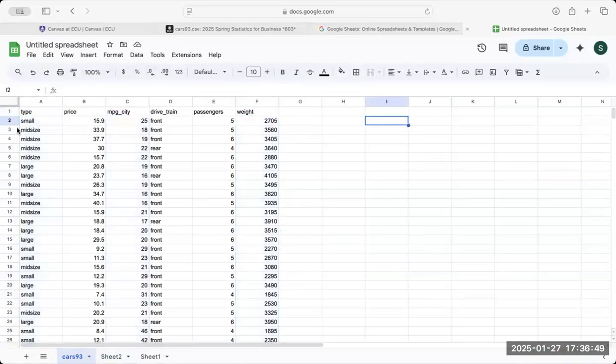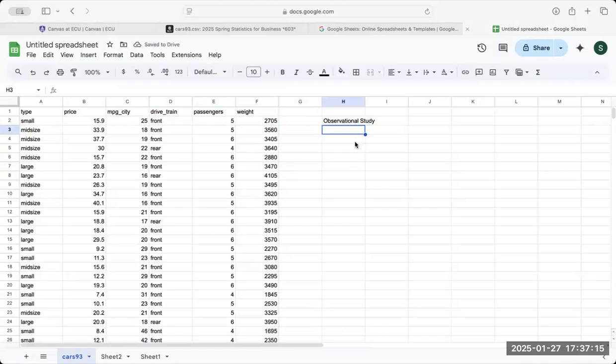Now, this is obviously an observational study, right? We just have 53 cars and we are seeing how many miles per gallon they get and the weight of the car, right? We're not influencing the miles per gallon and we're not influencing the weight. We were just observing data and writing it down. So this is an observational study,